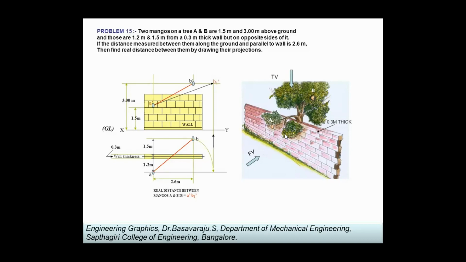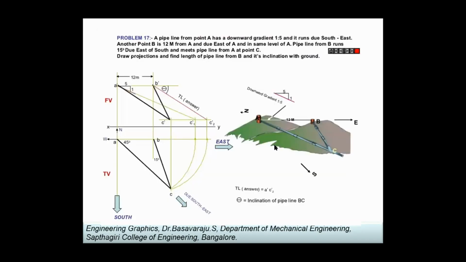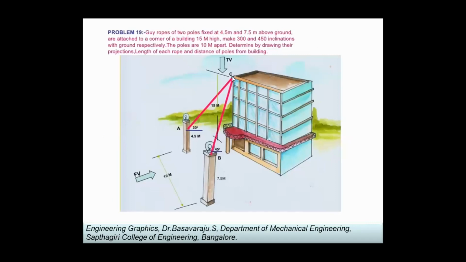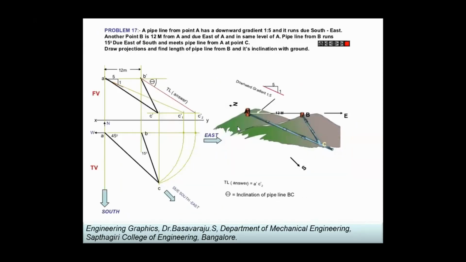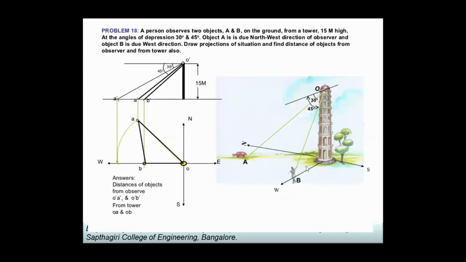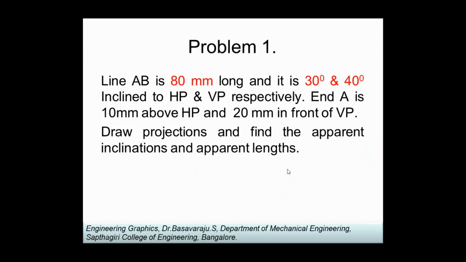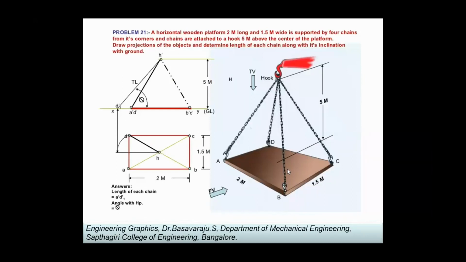I told you the example of a pipe. This is one more, two ropes that are fixed here from this end. The rope length can be found out. And similarly, many examples are there like this. So the answers will be the same. Maybe civil engineers may use this. You will be using these representations to identify the pipeline length. All these things with these conditions only, your projections of lines problems will be solved. These are application problems, just as a concept of thinking.